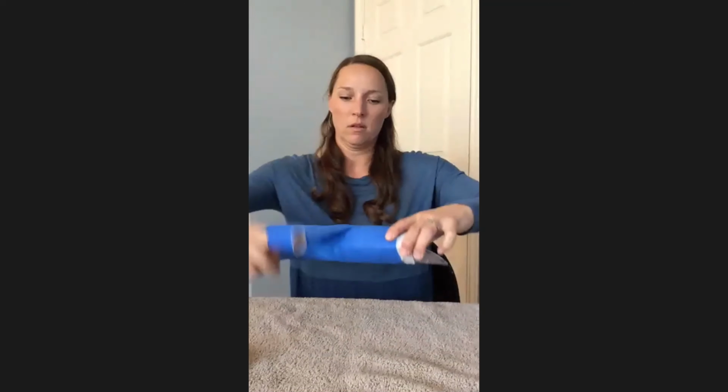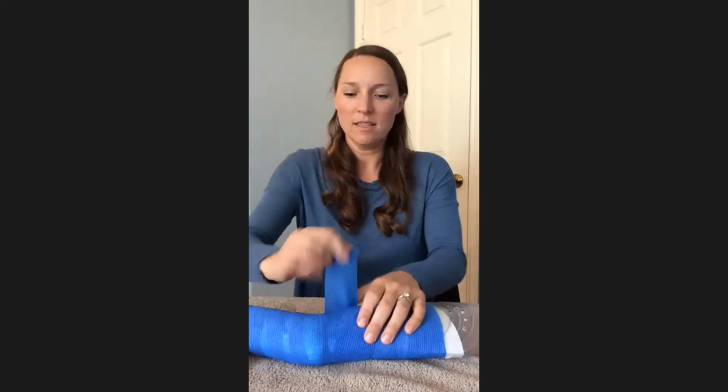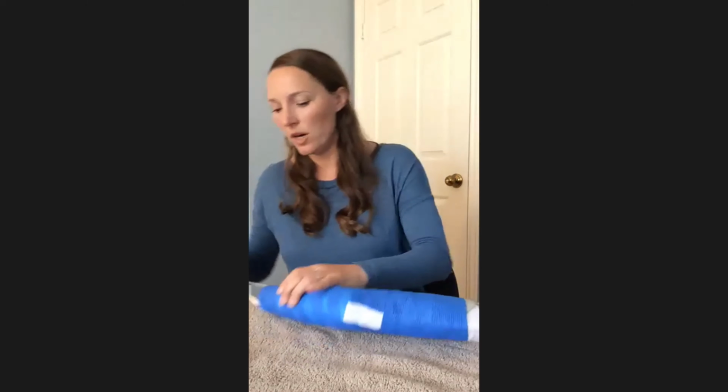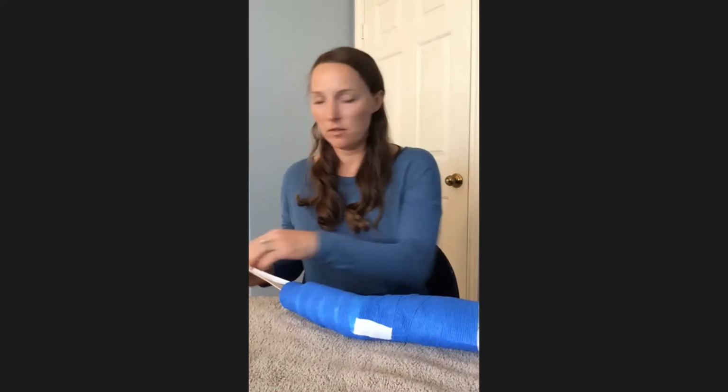This one didn't quite make it all the way down. This product actually sticks to itself, but you may want to add a little piece of tape wherever it ends. Like that. And then we'll do our stirrups here. You can actually do this before the final layer as well. It doesn't really matter. So you're going to take the sticky part of the tape that was attached to this stick